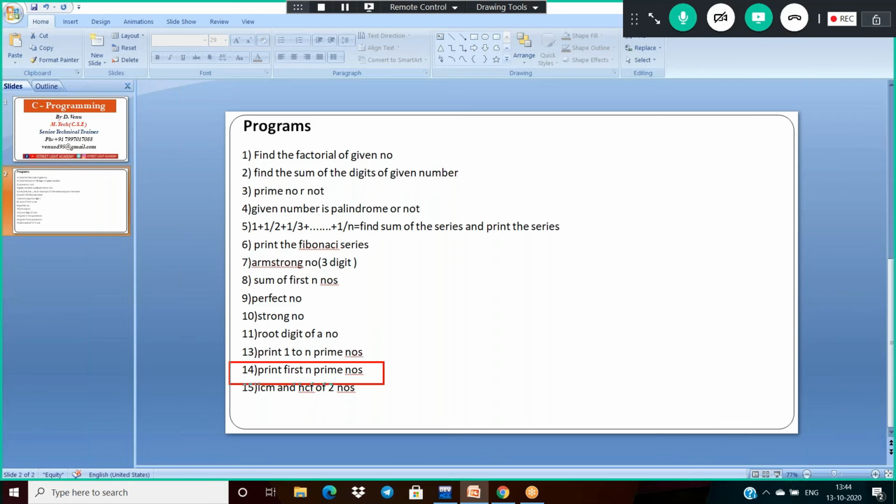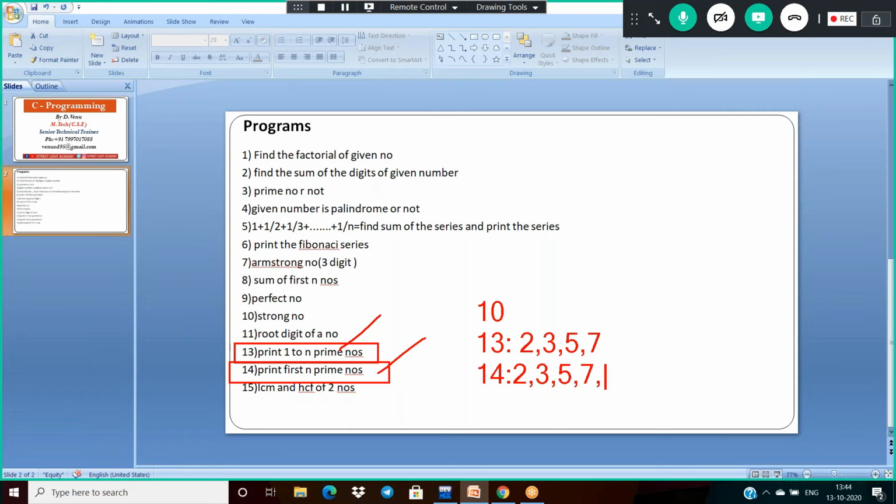And now the next one is print first n prime numbers. So what is the difference between these two codes here? Questions. See, if I'm giving input 10, the answer is 2, 3, 5, 7. And now if I'm giving 14, the first 10 numbers we have to display like 2, 3, 5, 7, and then 11, next 13,